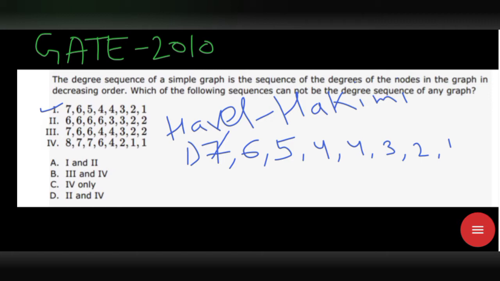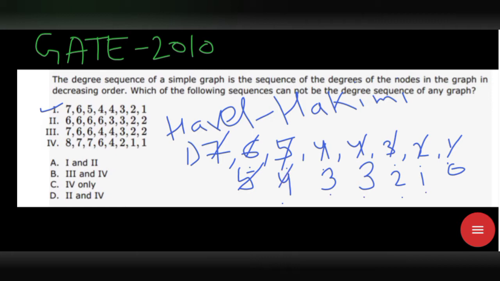That is, when I cut 7, I will look for 7 elements after this. That is 1, 2, 3, 4, 5, 6, 7. Okay, 7 elements are there. So I will decrease 1 from them. So this is 5, 4, 3, 3, 2, 1, and it will be 0. Now I will see if it is in decreasing order. Yes, it is. So now I will cut 5 and look for 5 elements, 1, 2, 3, 4, 5. I will decrease 1 from them: 3, 2, 2, 1 and 0.